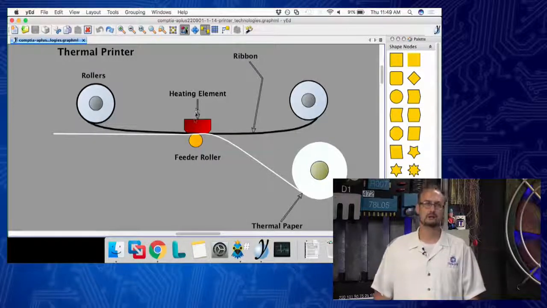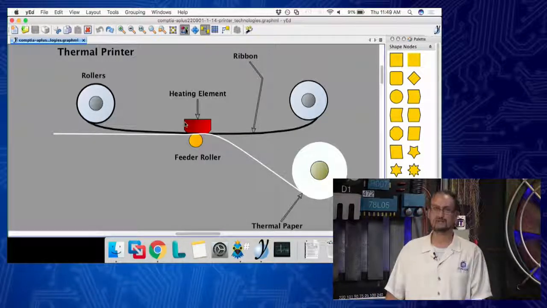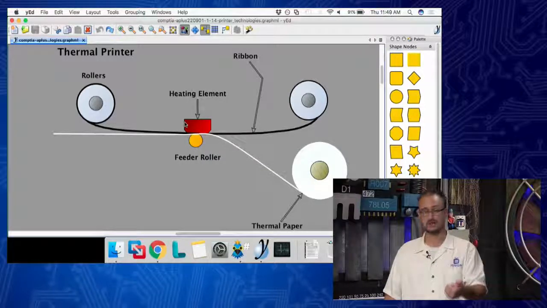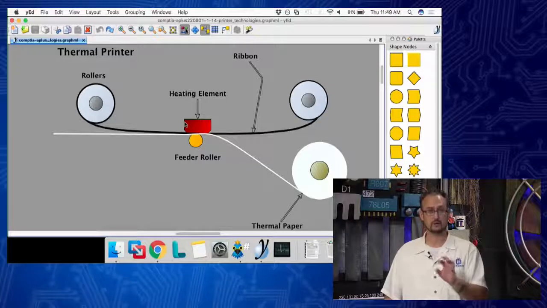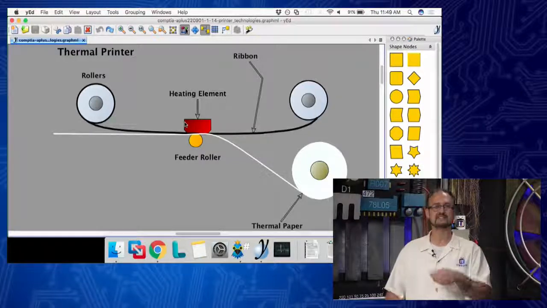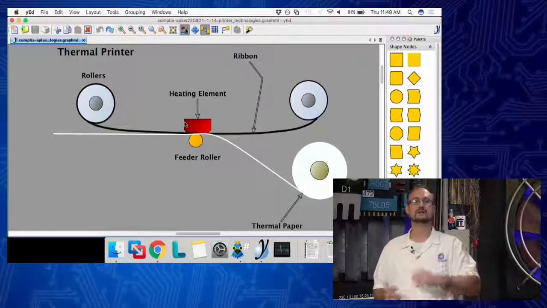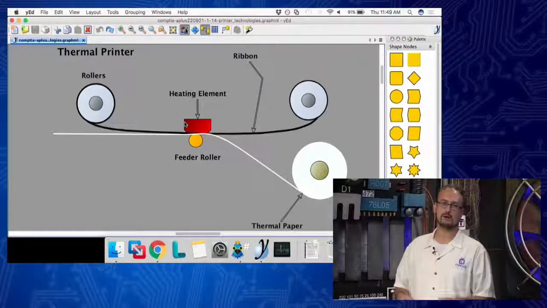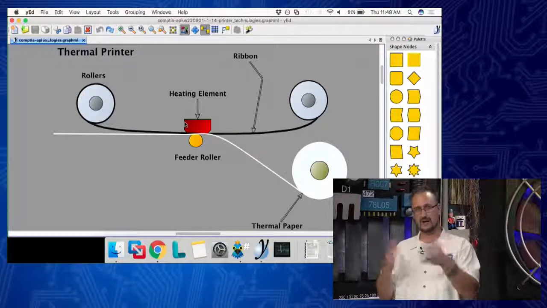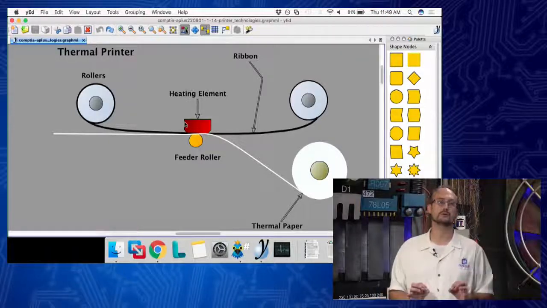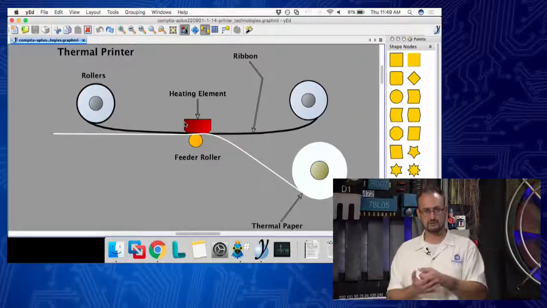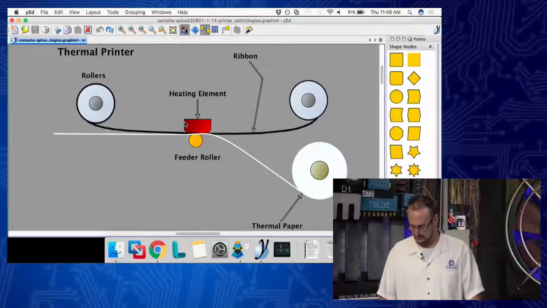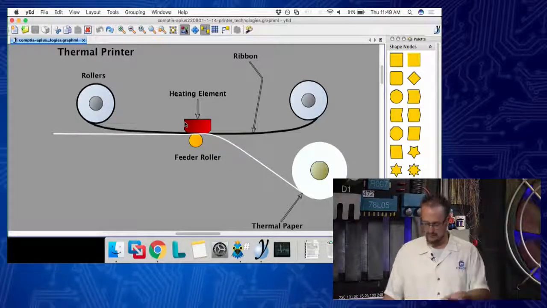of the paper. Now the problem is sometimes the heating elements can fail because they overheat, or they're past their lifetime, or they can get a little bit of debris and dirt in there. And what happens is they overheat the paper. Think about if you're out at a campfire. What happens to paper when you burn it? You get a little bit of ash in there. Well, it could be a little bit of residue, and you might just need to clean the heating elements, the striking element there too. So that's the other one that I did want to mention, because we really haven't talked too much about thermal